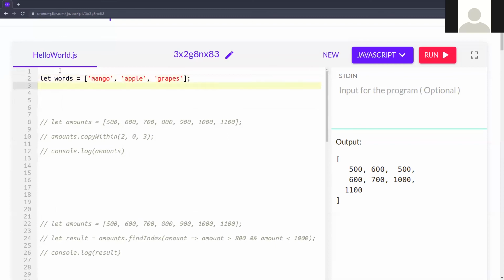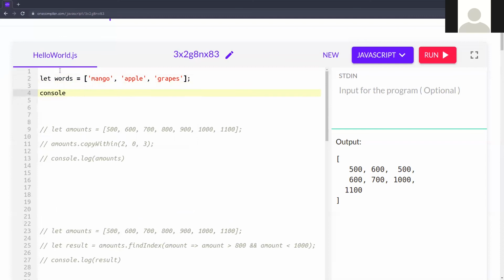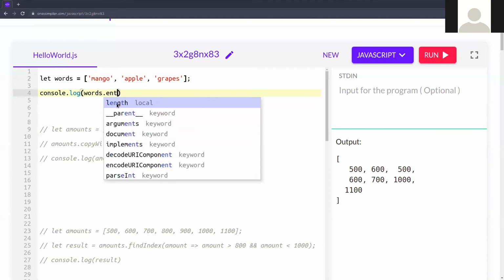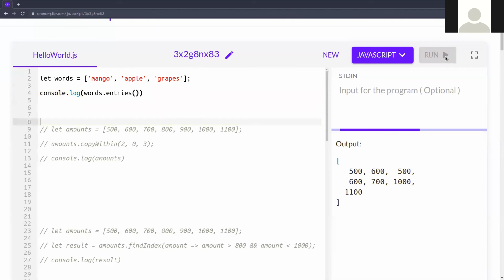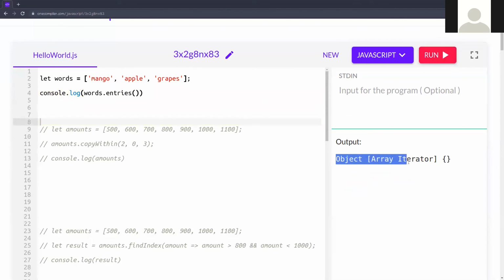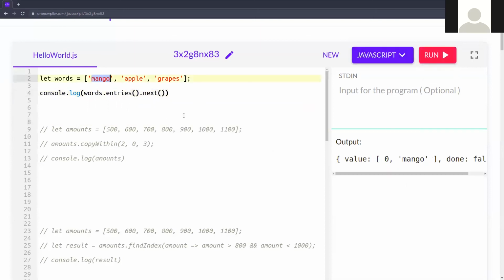Now if you want to console.log with that entries method, words.entries, it will return an iterator object. So you can see this is giving the iterator object, right? But if you give dot next, it will print the first value. You can see 0 is the index, this is the value, and done.